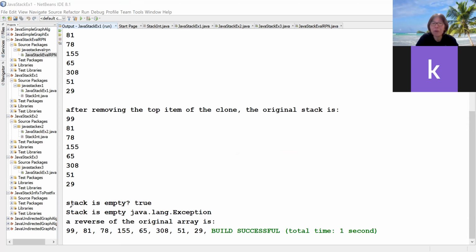And then we do the loop to pop, so the stack is empty after we remove all the items. And when you want to get the top item, it throws this exception. And here it just shows the reverse of the array is 99, 229. That's all regarding the introduction about